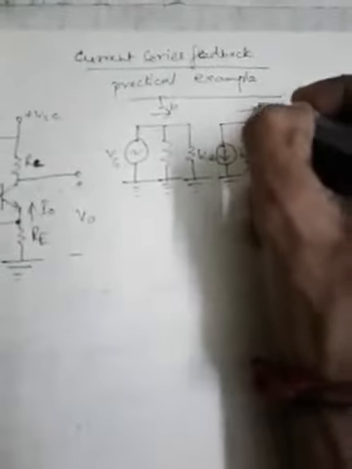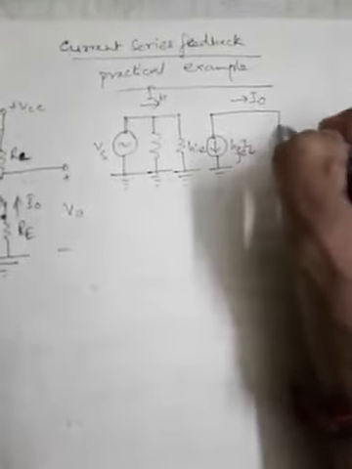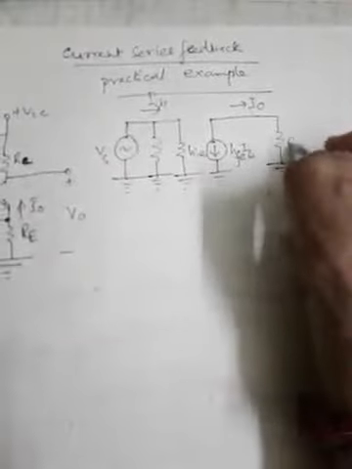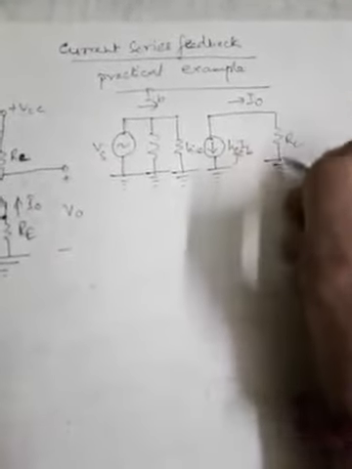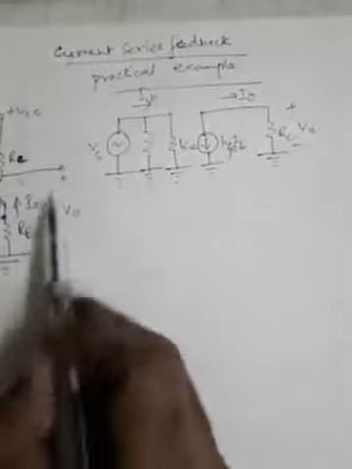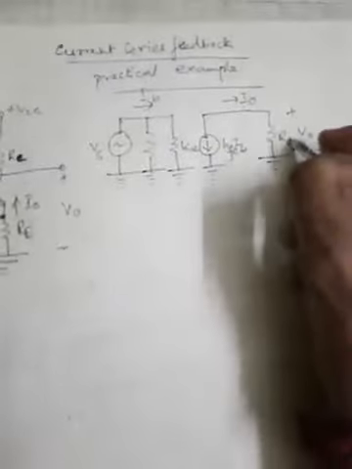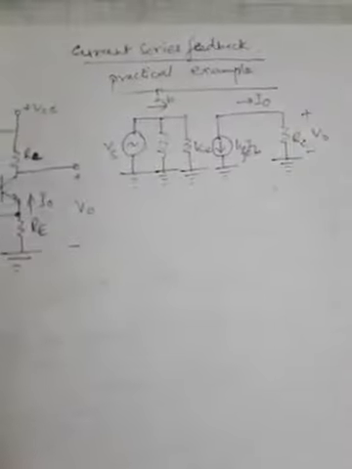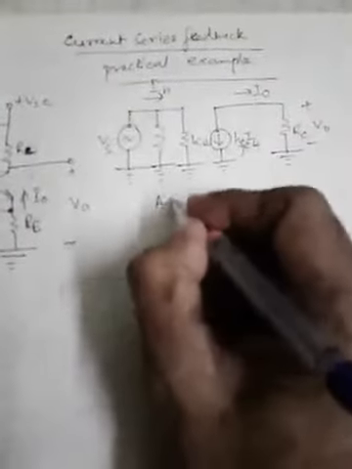This IO flows in this direction through the load, which is RC here. While flowing through this RC, IO produces a voltage drop as VO. So this is VO, you can see over here. This is the voltage drop. So this circuit is the AC equivalent circuit